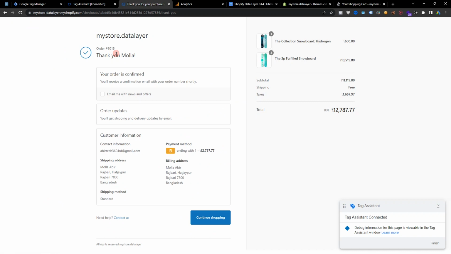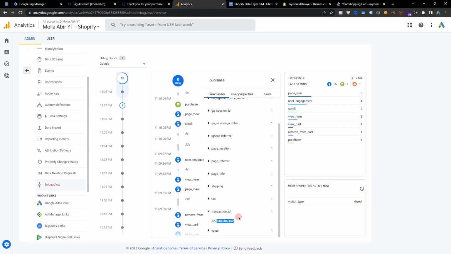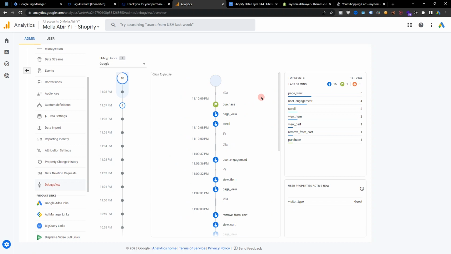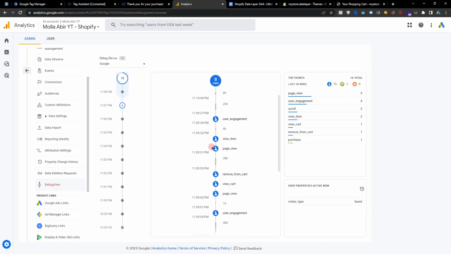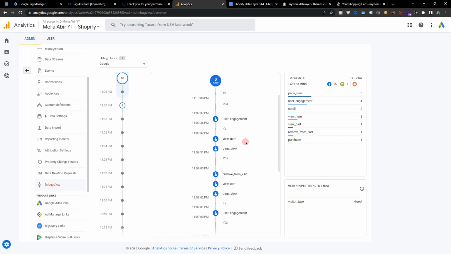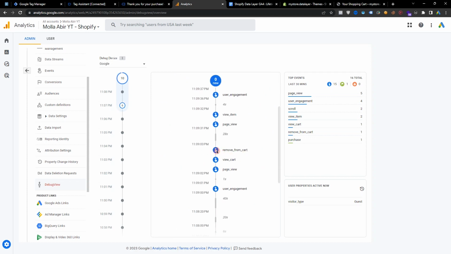Here is our transaction ID, and here is the value, 12787. If I go to the store, 12787 is our product value. And if I go to view item, you can see our view item is working perfectly. Everything is working. Remove cart